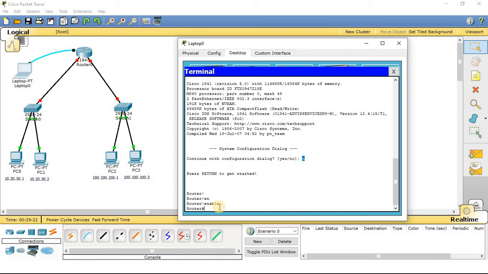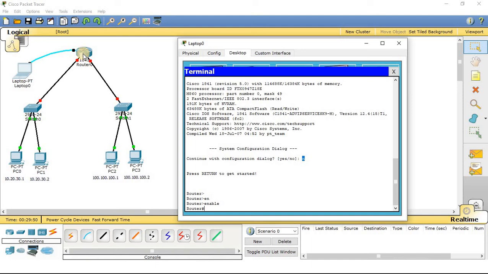Okay, the symbol you can see has changed, Router followed by a hash. If you see this particular symbol in your terminal, that signifies that the router is now in active mode. So the router is enabled or in active mode. Now you can configure this router.